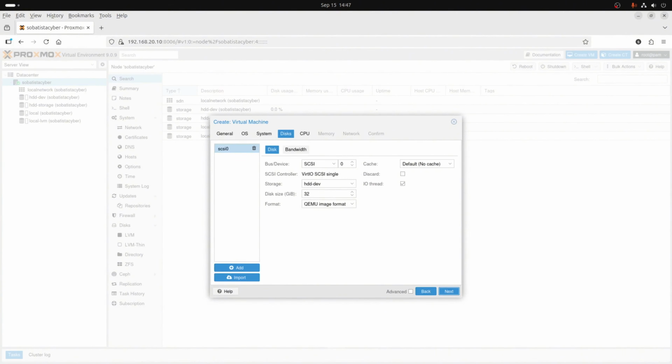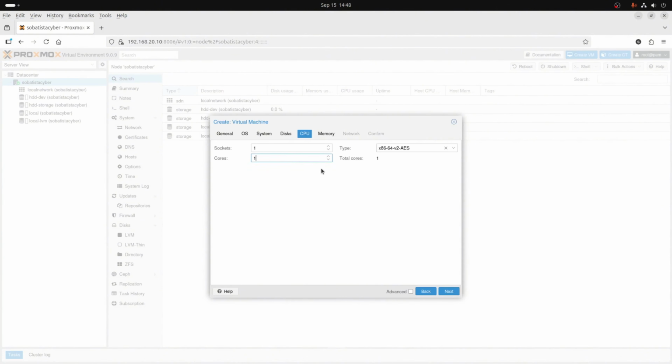Now on disks, we set disk size to 30. Now remember that this can be different for you. Everything else stays the same and we click next. On CPU, I will give 2 cores. For memory, I will give